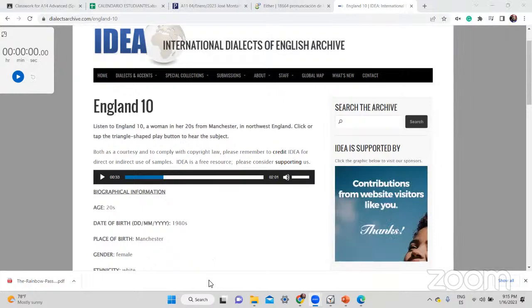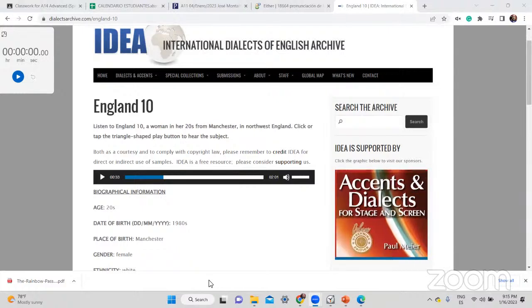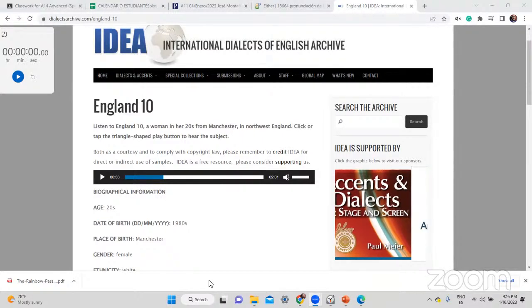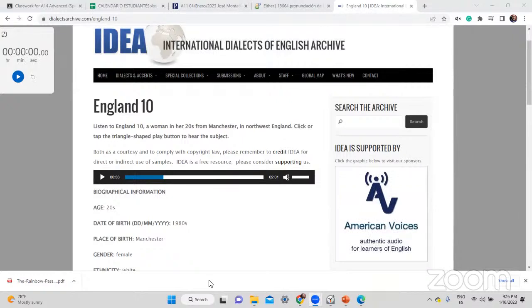Well, to me, the main difference is the pronunciation is like... I am not sure how can I explain. Also, the vowels are... I am not sure how can I explain, but it's like more direct.